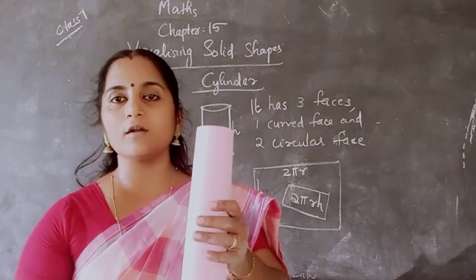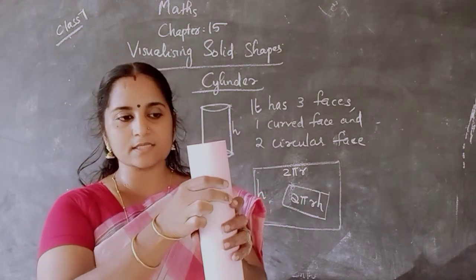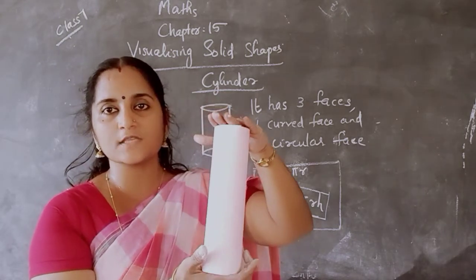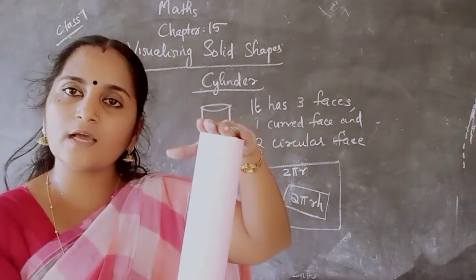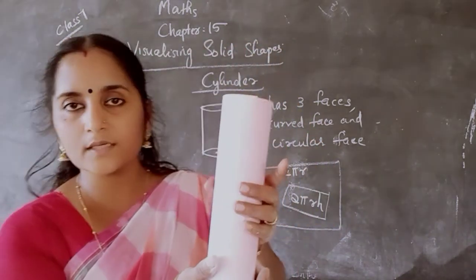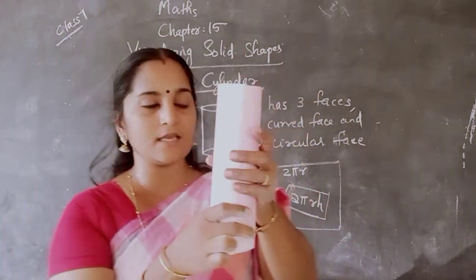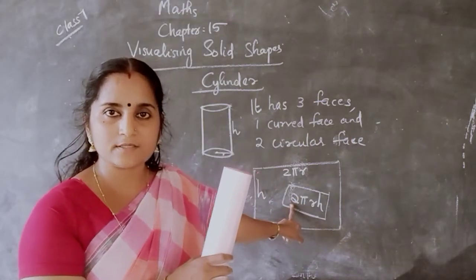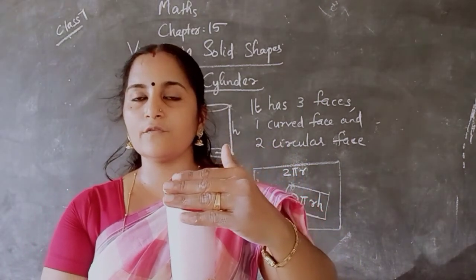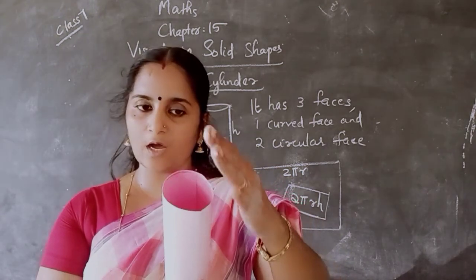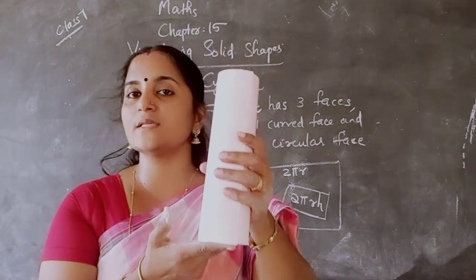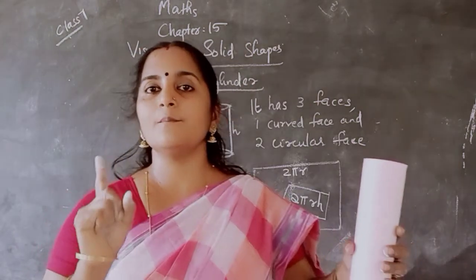So can you say what is the total area of the cylinder? To get the total area, we add this curved face area and add the area of these two circular portions, isn't it? Because we have 3 faces, 2 circular faces and 1 curved face. The curved face area is 2 pi r h. And what is the equation to find the area of a circle? Area of a circle is pi r square. How many times pi r square repeated here? 1, 2, because 2 faces are there. So pi r square plus pi r square.